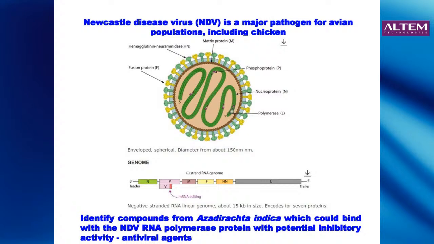And so we were planning to identify any potential inhibitors that can bind to the polymerase. Any compound that binds to the polymerase may have an inhibitory activity, or may sometimes even have a potentiating activity, but we don't know that. But we are looking for good binding partners for this polymerase protein.